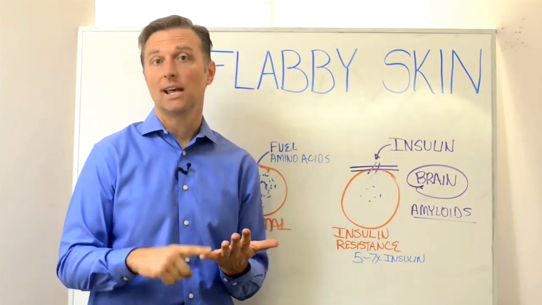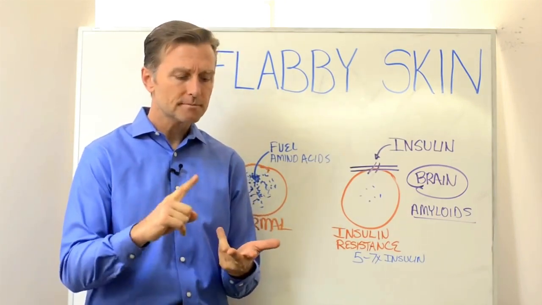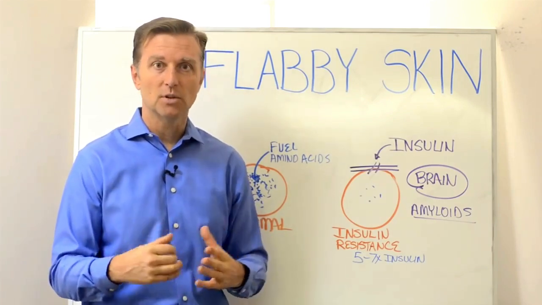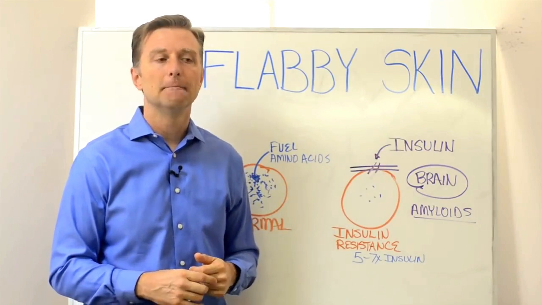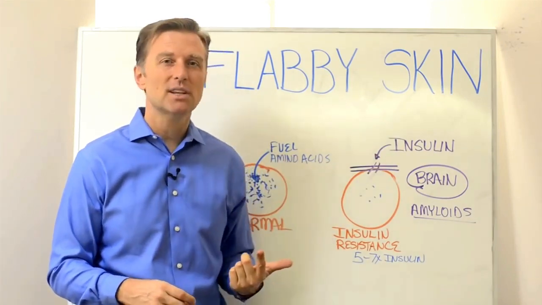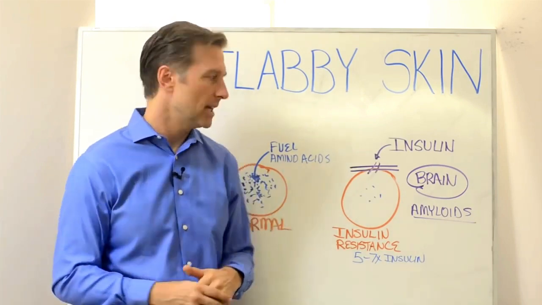So here are some symptoms to know that you have this. Number one, you can't lose weight. Number two, you have belly fat. Number three, you have brain fog and fatigue. If you skip a meal, you get very irritable. You can't go a long time without eating. When you're eating, you're not satisfied. You get tired right after you eat. These are just common symptoms. It's kind of a pre-diabetic state.